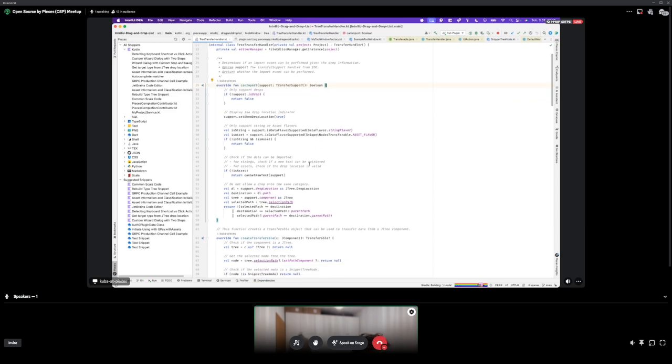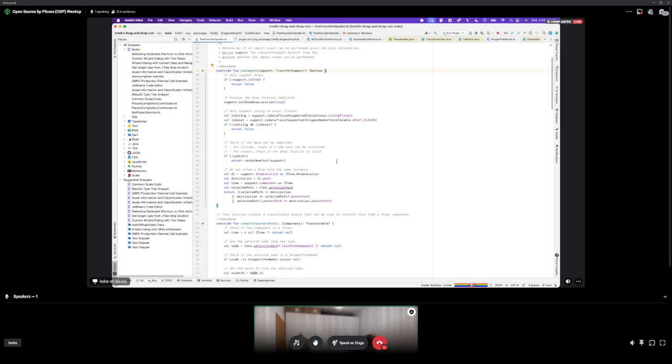Of course, if you want to investigate how to be more precise or how to invoke more specific functions and other functionalities at all, you're always welcome to read through the repo and ask me questions and ask us about what's happening in here. But the can import is just this. It tells the IDE if our component where we installed this transfer handler is able to handle this kind of data.